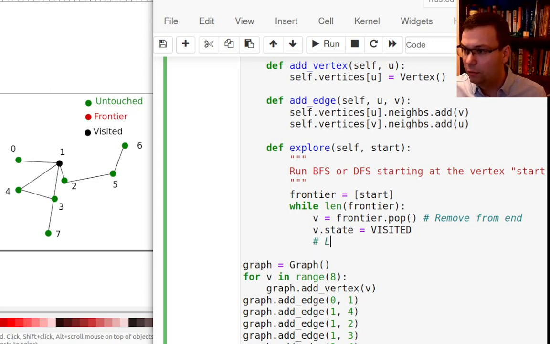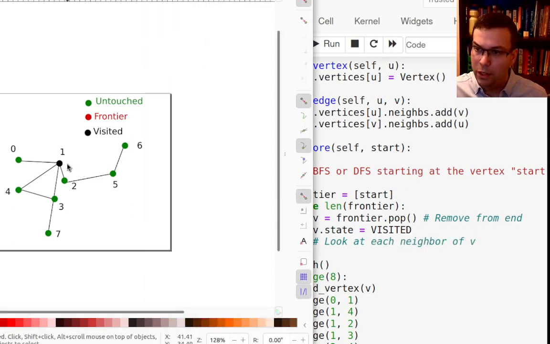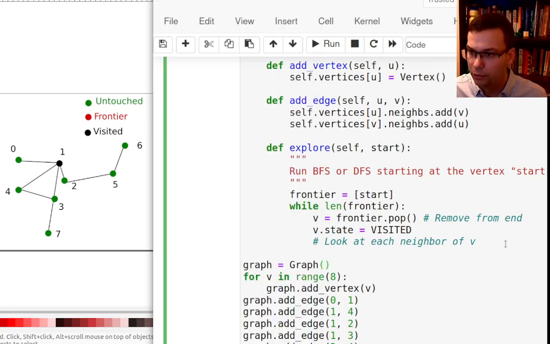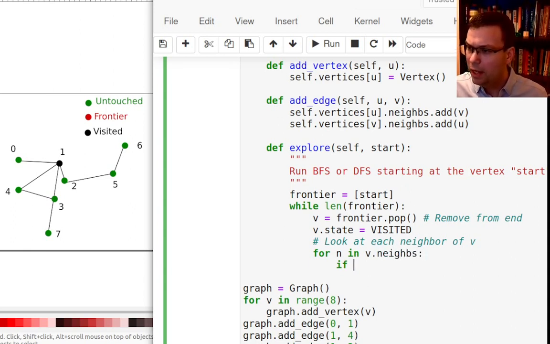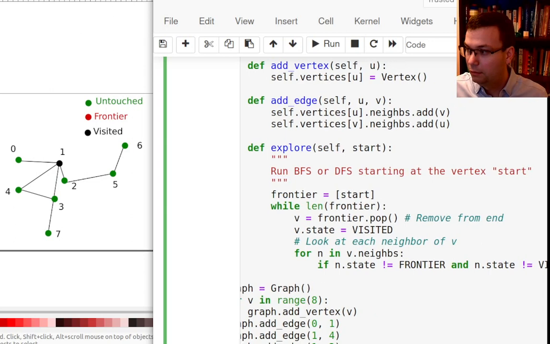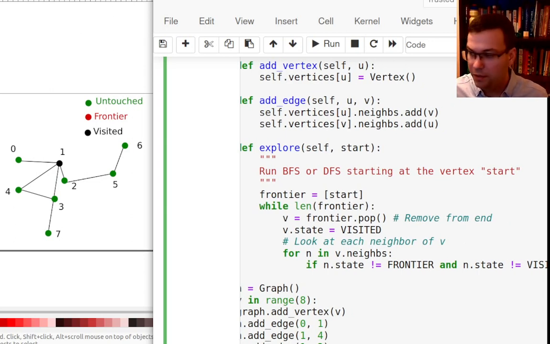Now I'm going to look at each neighbor of V, because V is going to burn to the ground, but as it's burning, it's going to pass the fire along to its neighbors. So I'll say for n in V.neighbors: if that neighbor is not already on the frontier, and the neighbor has not burned to the ground yet, so it's not on the frontier and it hasn't been visited yet,